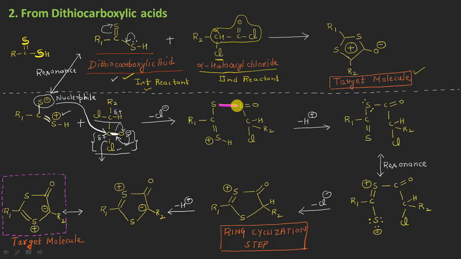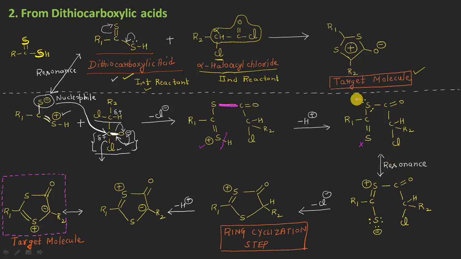this carbonyl here, and the rest of the groups are present in the same way, I mean the CHCl and R2 here, which you can see here, CHR2 and Cl, right? And after that, because this sulfur here is having a positive charge, it will simply release a proton from itself in order to disperse its positive charge, which you can see here, it is not lying on this sulfur atom anymore, right? So after that, the resonance is shown here once again, which will be in this way.